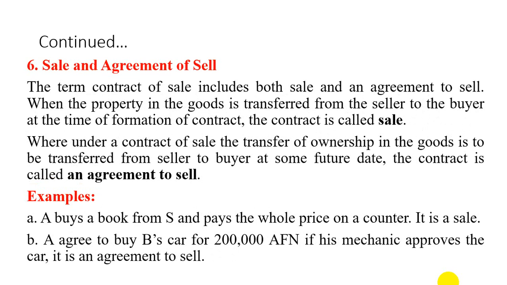So point number 6, essential number 6, is sale and agreement to sell. The term contract of sale includes both sale and agreement to sell. When the property in the goods is transferred from seller to the buyer at the time of formation of the